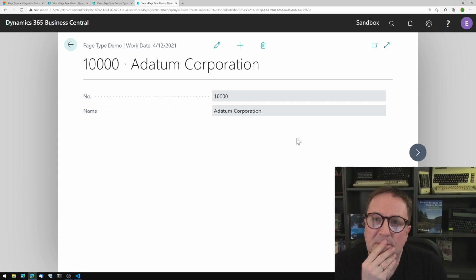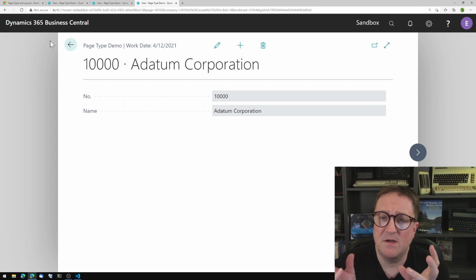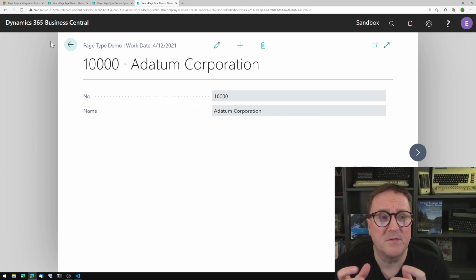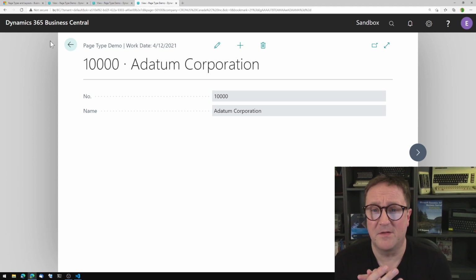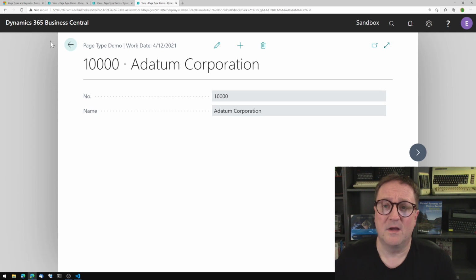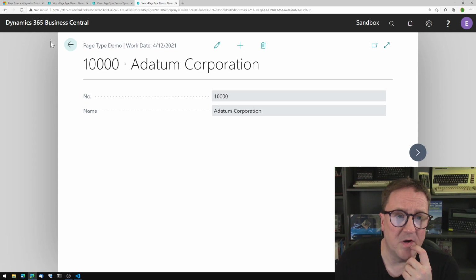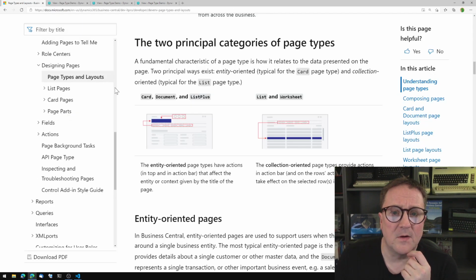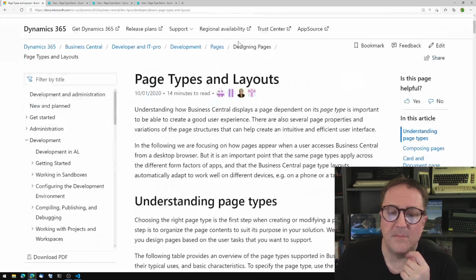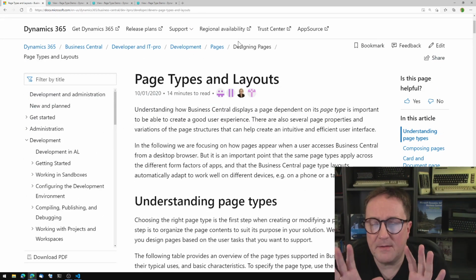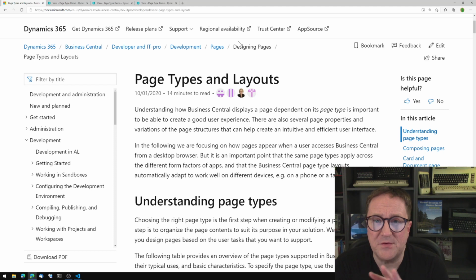Researching a bit for this video, I was about to do a lot of small drawings and say, okay, this type of page will produce something that looks like this, or this page type will produce something like this. But then I actually found a page from Microsoft on the fabulous Microsoft Docs website that shows it. I'll put the link in the description below. It's called Page Types and Layout. And I think actually before we even start,